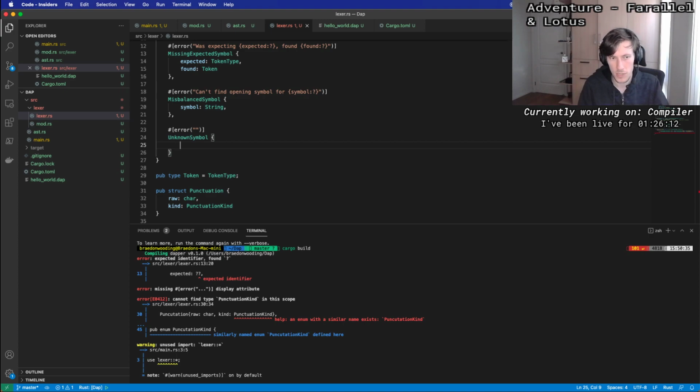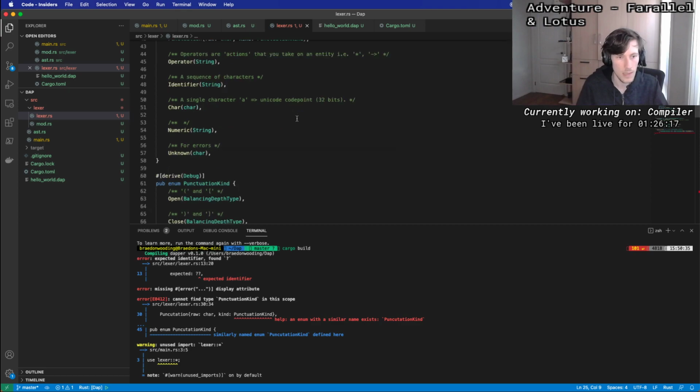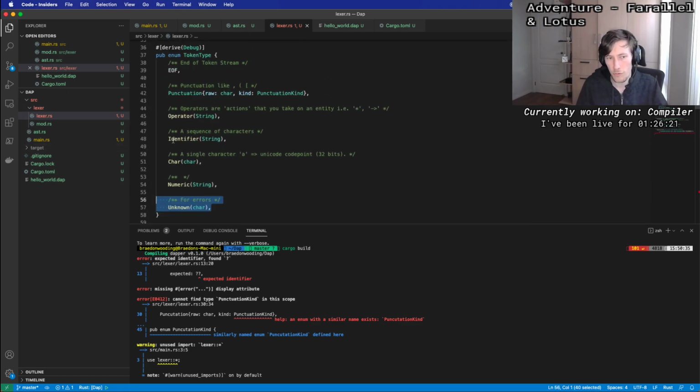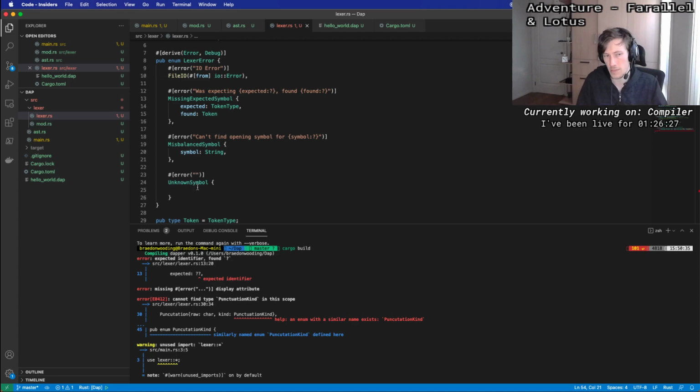Okay, an unknown symbol will just be like, hey, we ran into our Lexer and we don't know what the heck this is. And so we do have this unknown here. I may remove this just so my token types are simpler and I don't have to worry about the whole concept of having unknowns leaked to my parser. That maybe makes more sense. I think architecturally it's more confusing. It was more complex, but ignoring the fact that it's going to be harder to design the code that way,